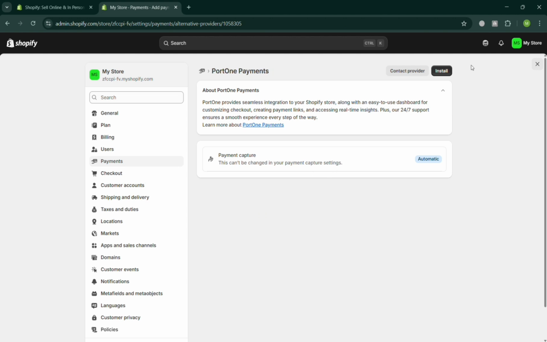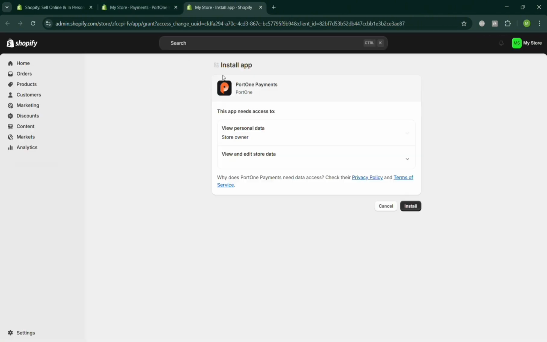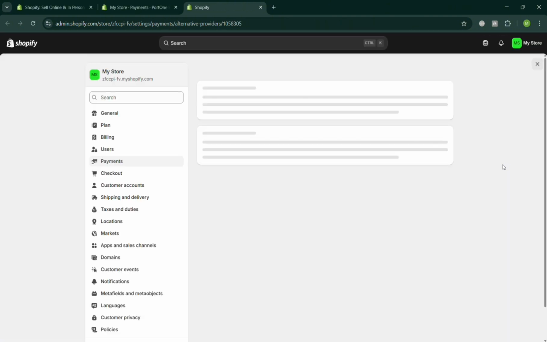By clicking on it, let's say this is Razorpay, just click the install button on the top right corner since we also need to install it for Razorpay. And upon clicking on it, you will be directed to this page, where you also need to install Razorpay as well as this one. After successfully installing the application of your selected payment method, the next thing that you need